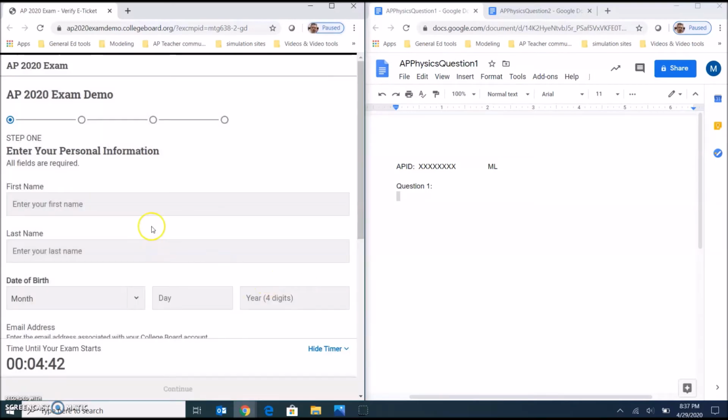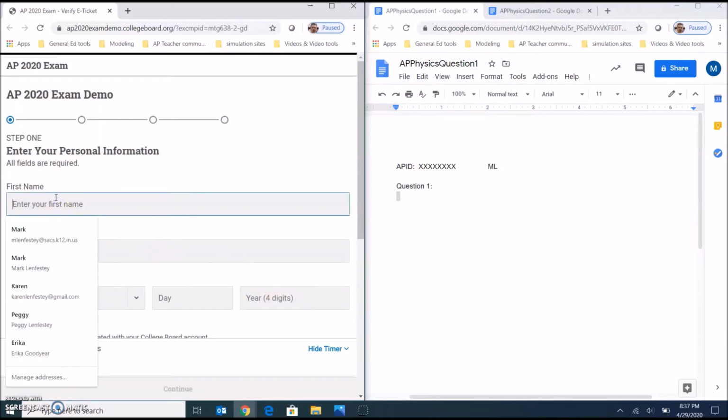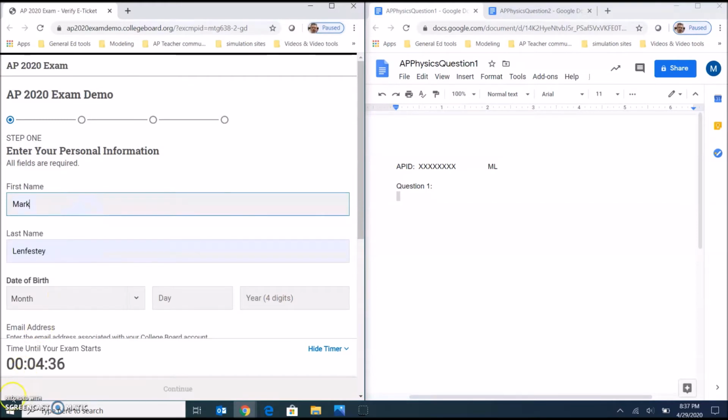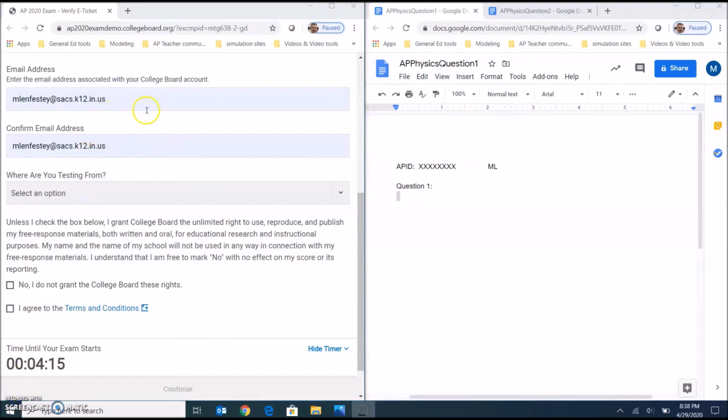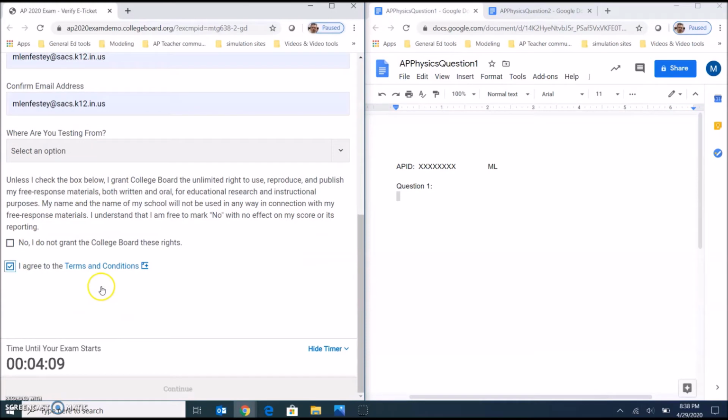I would go ahead and put in my information. Make sure that the email is the one listed in your College Board account. I agree,